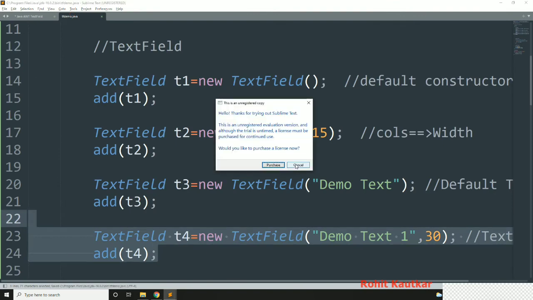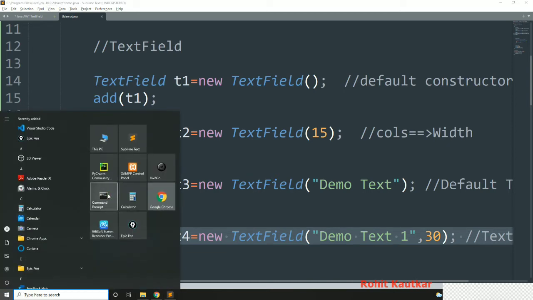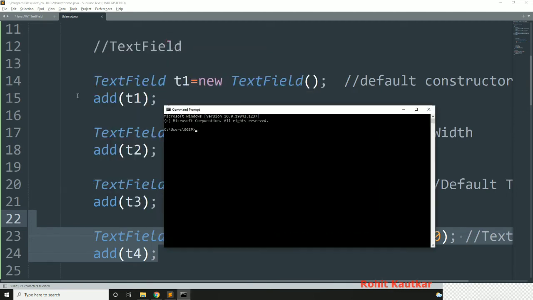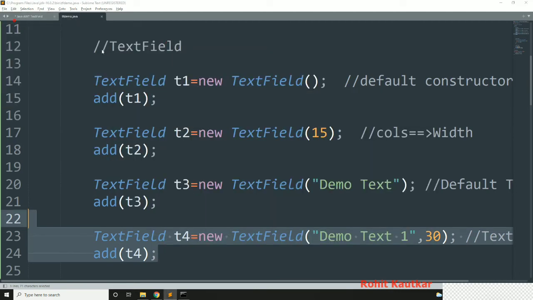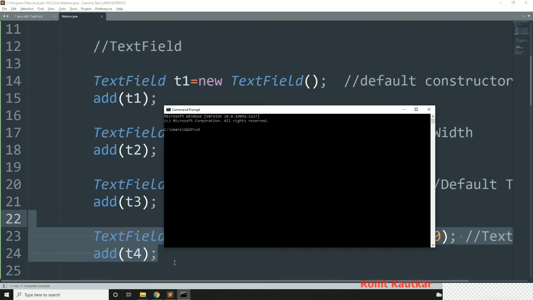Now I will save this and we will try to execute this. Here I will first get the path of the bin directory. I will write cd, then javac tfdemo.java. It got successfully compiled.